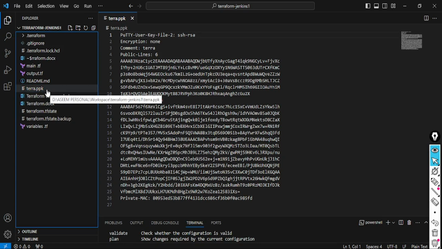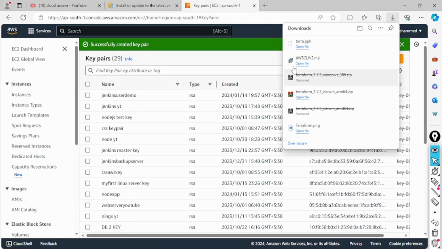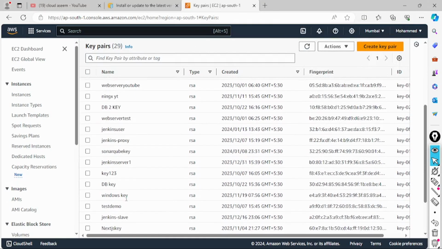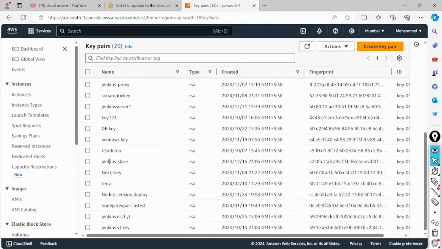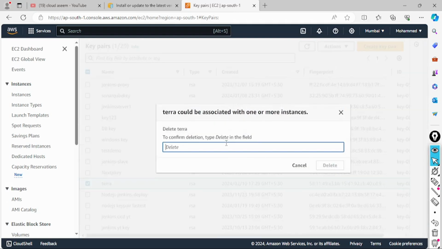.ppk. Oh, we did it wrong. It's supposed to be a PEM key. So let me see what mistake we have made. So where are we? Terra action import file. I think I have taken the wrong extension. So what I will do is delete one more time, right? And I'll delete,